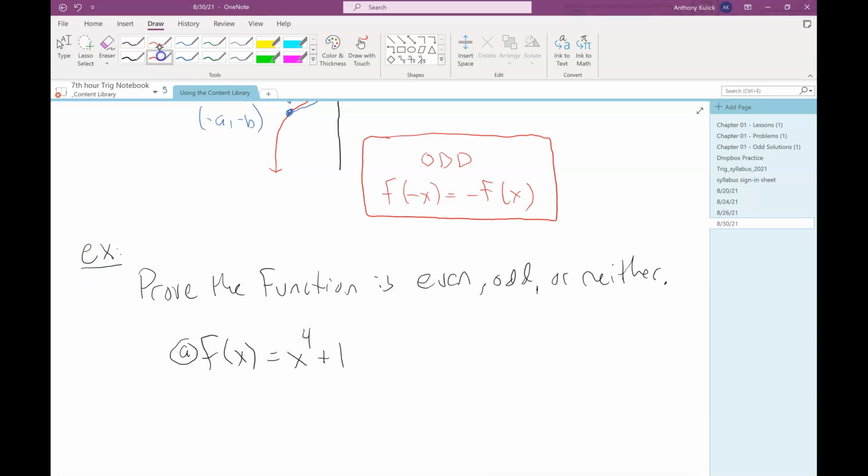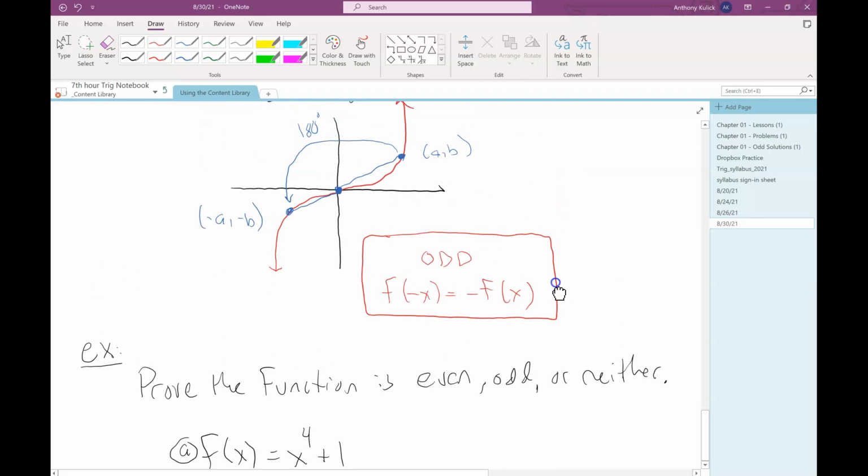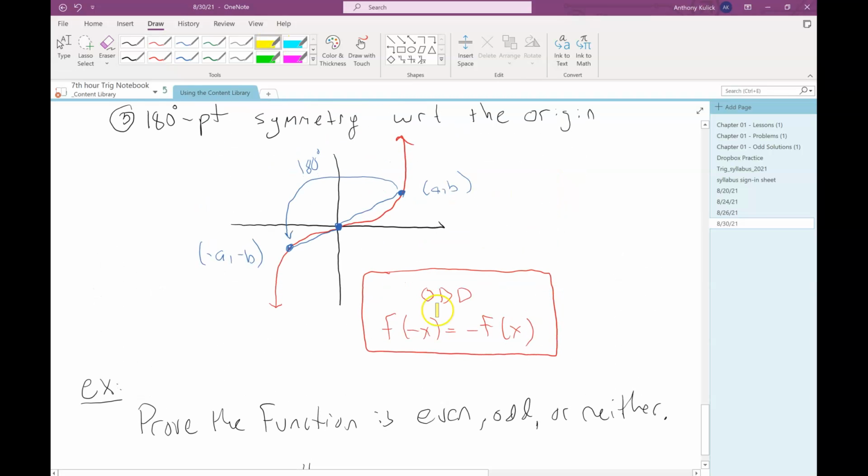So let's do some examples here. We're going to prove that the function is even, odd, or neither. So when we say prove here, it's not going to be like a two-column geometry proof. It's going to be more like when we proved that two functions were inverses last year in our Algebra 2 course, where you do that function composition to show that you get x. The same kind of thing here, but instead what we're going to be doing is we're going to find f of negative x,